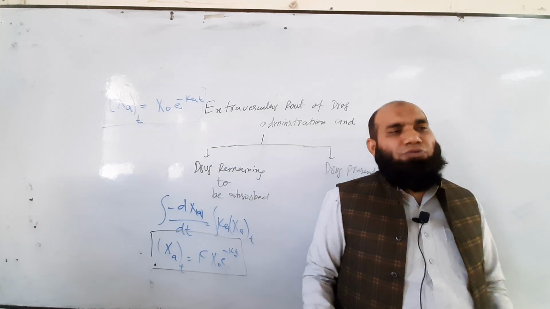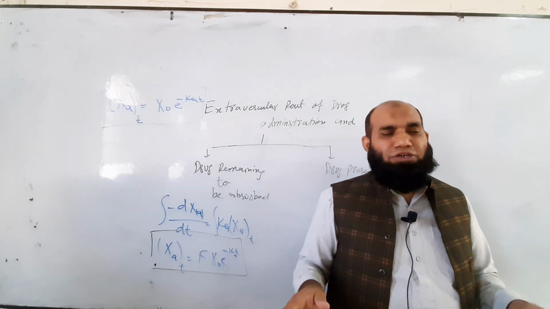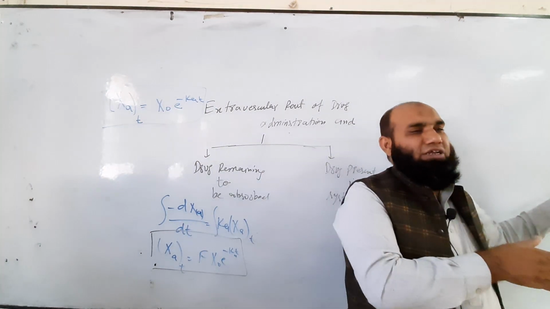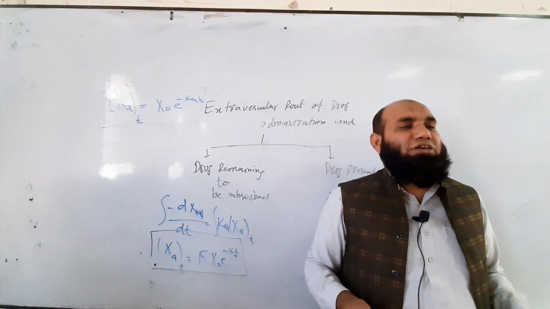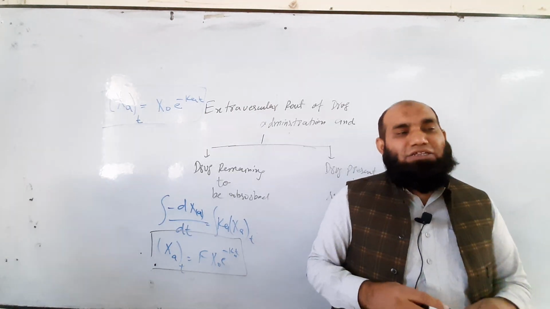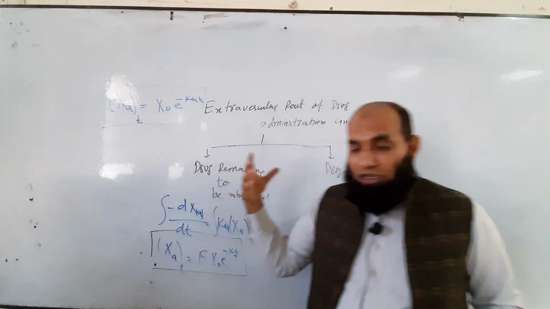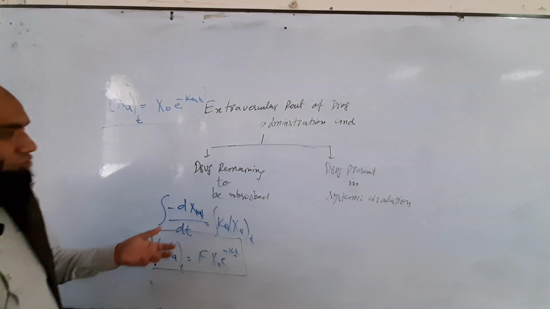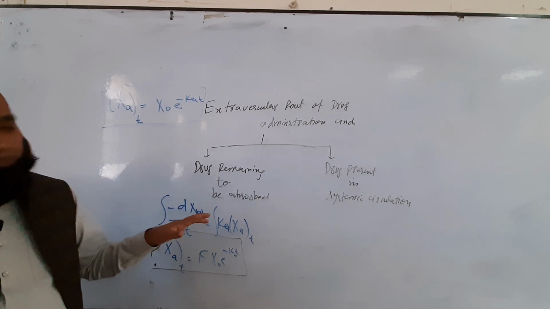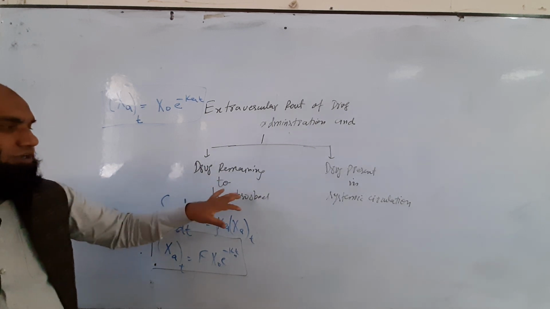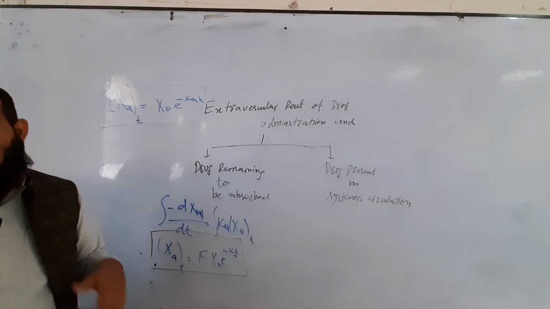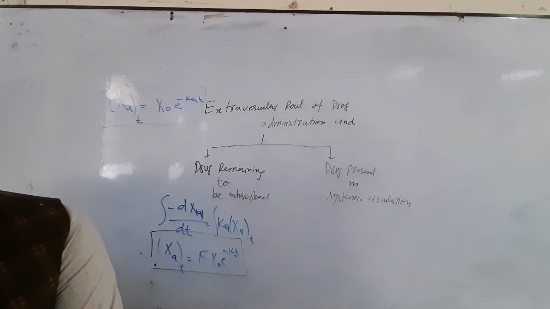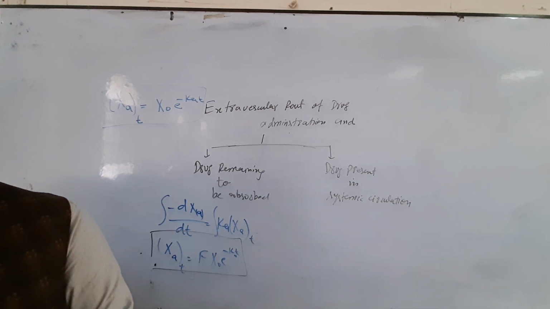There is no method. If we want to check, some amount of drug is present in the stomach, some amount of drug is present in the intestine, some is present in the large intestine and the colon. It's not an easy technique, because we will have to focus on each and every organ, especially when we are discussing the drug remaining to be absorbed. So there are complications. We cannot measure the amount of drug remaining to be absorbed.